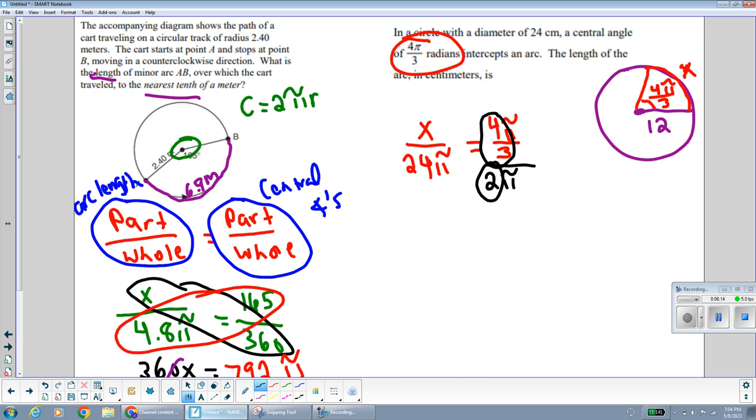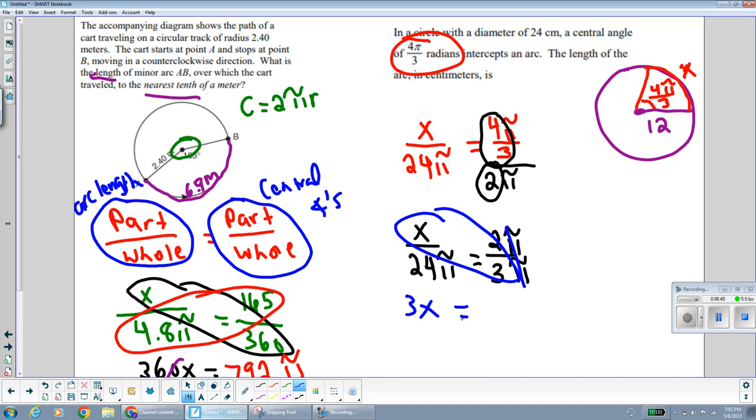And I got 2 over 3. So I have x over 24 pi is equal to 2 over 3. And I have a pi in the top and a pi in the bottom. Now, when we cross multiply, first of all, if we have a pi in the numerator and in the denominator, that cancels out. So now when we cross multiply, I have 3x is equal to